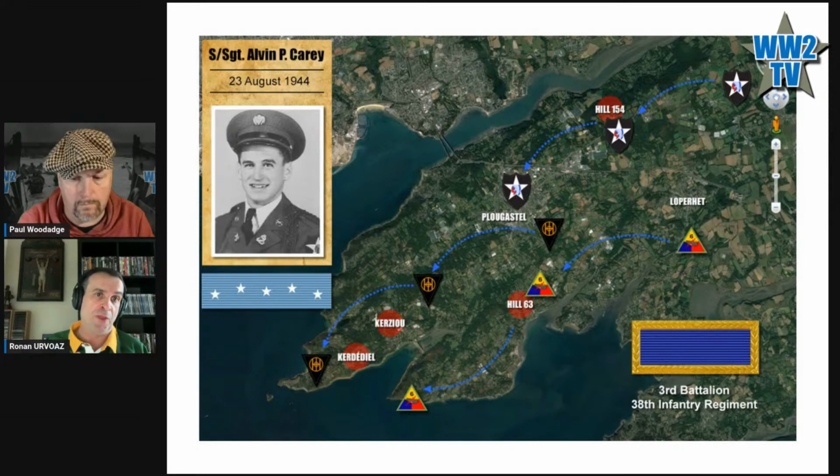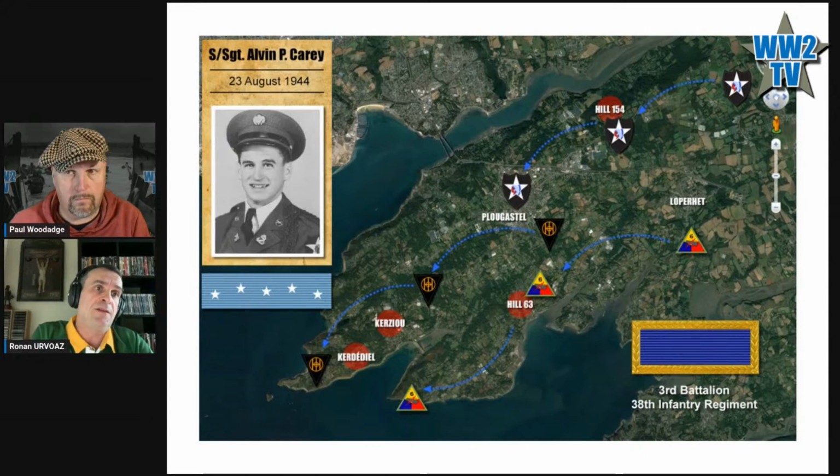Of course, another not well-known fact is that the 83rd Infantry Division fought in Brest, and it was classified. Most of the units were asked to block all the jeep markings and take off the patch, and this was the 3rd Battalion of the 331st Infantry Regiment. After they took Saint-Malo, they came to Brest to assist the 38th Infantry Regiment in the capture of the